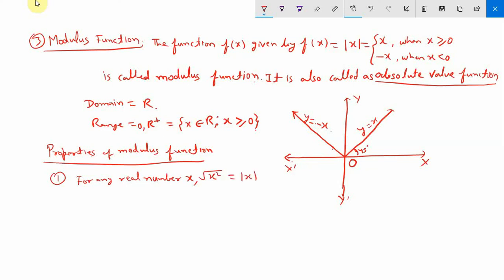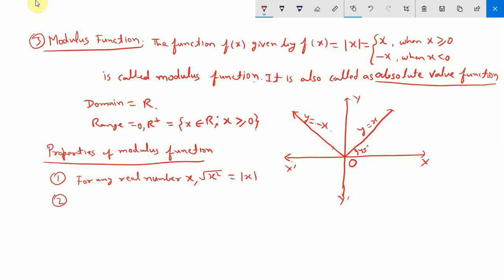So if x equal to sine x, under root sine square x equal to mod of sine x, or we can write sine x when sine x is greater than 0, or minus sine x when sine x is less than 0. So second property we can write,